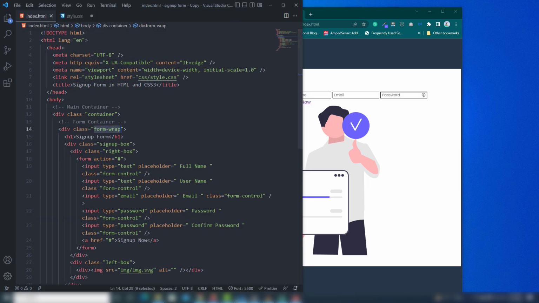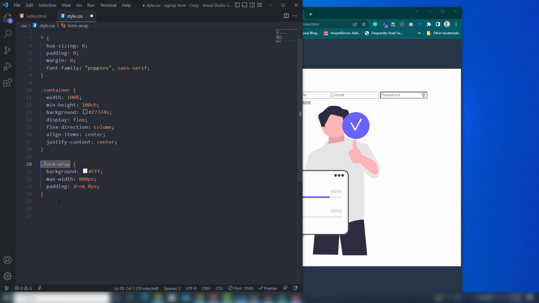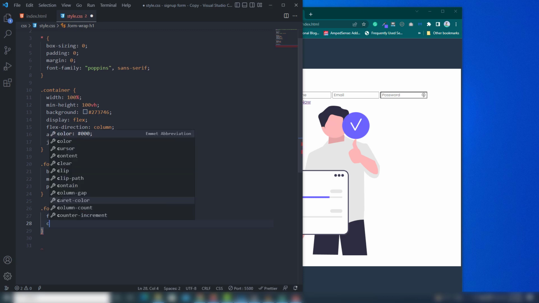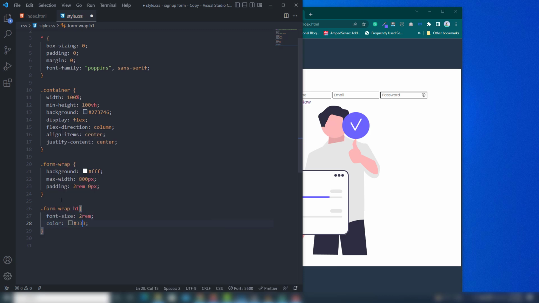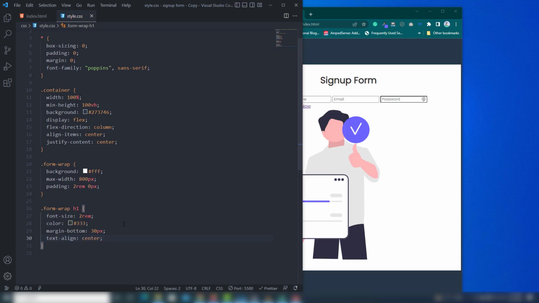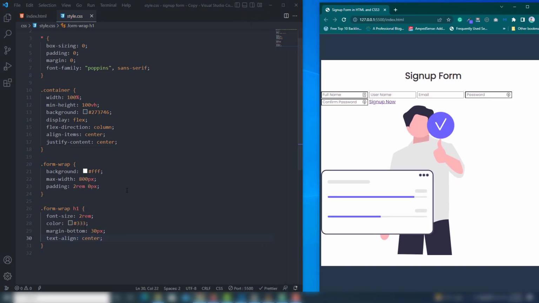So let's move on. The next section is H1, right? So I select form wrap and then H1. So I'm going to use font size 2 rem, and color will be dark, right? And I'm going to add the margin bottom of 30 pixel to make a space. Text align will be center, right? As you can see in this height bar,